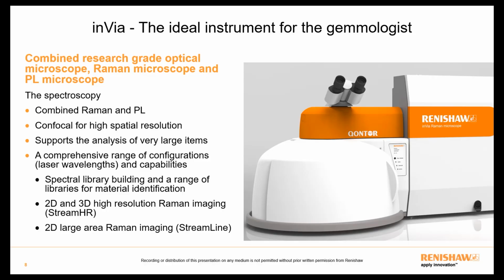The inVia can be configured with different laser wavelengths. Typically, changing configuration is a completely automated process taking seconds. The use of different lasers enables the Raman information to shift to a different part of the spectrum if any strong fluorescence is a problem. It is typical for a green laser, such as 532 nanometers, to be used for most of the gem and